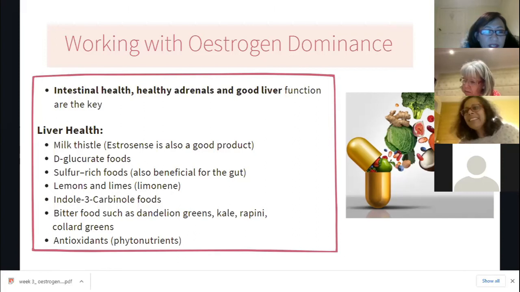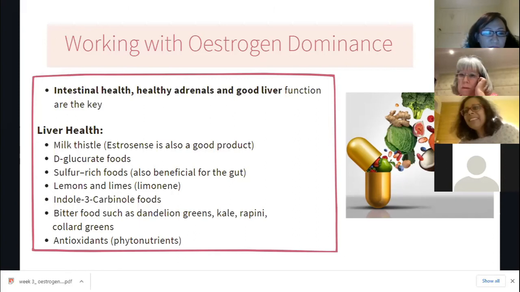You can take it as a tincture, which is probably the best way to do it. You can take it as a capsule. You can also take it as a tea. I've been to a few Polish grocery stores and they sell ground up milk thistle, which you can just stir into water and make as a tea. So there are lots of ways to consume milk thistle, and it tastes okay. It's not amazing, but it's like any other herbal thing. It's okay to take as a tea.